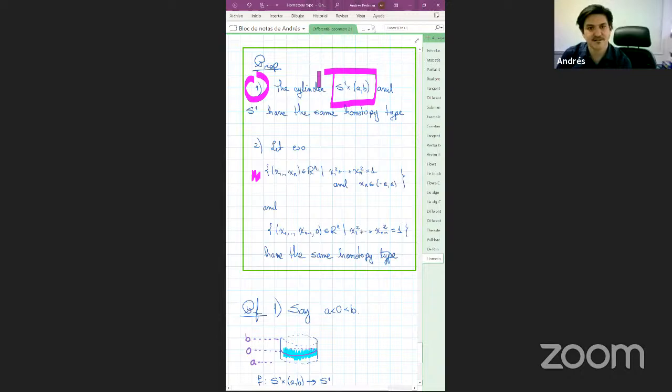Okay? Now, in part 2, we only know that they are of the same homotopic type, but we don't know them, right? We don't know any of